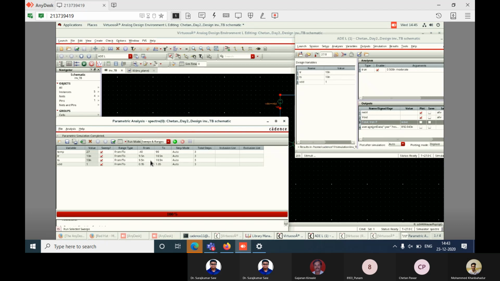What you will do is just put the equations of power, right? Just load the equation of power, average power, and again do the parametric. Check how much the power is deviating, how much the delay is deviating. Mohammed, do check it. Please load the equation of power, average power or total power. Just check the value of how much the power is, and untick the plot. We don't want the plot. We just want to see with the help of PVT analysis how the power is changing. Just do it, practice it.